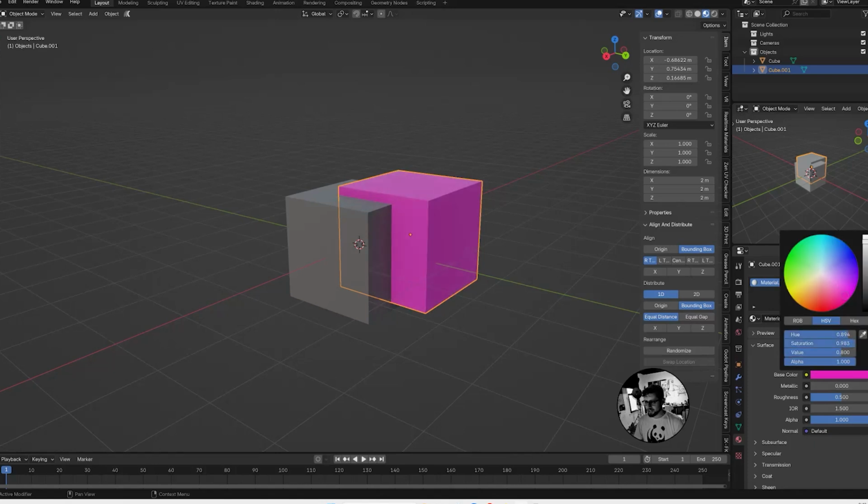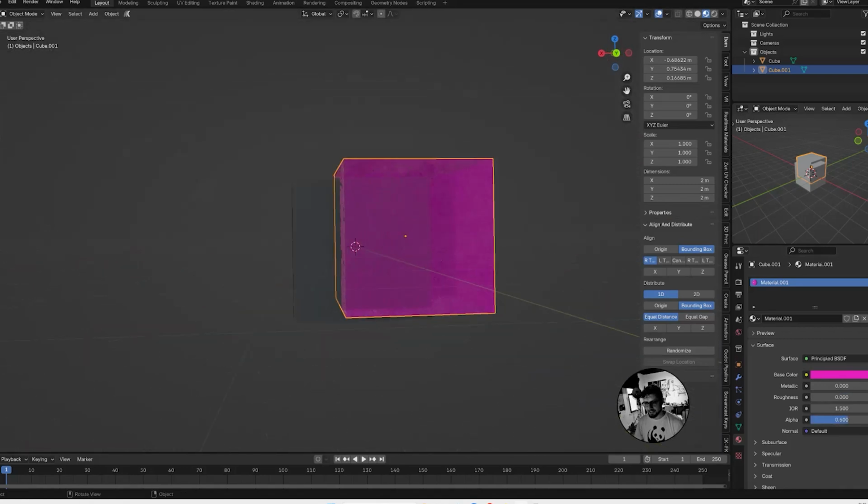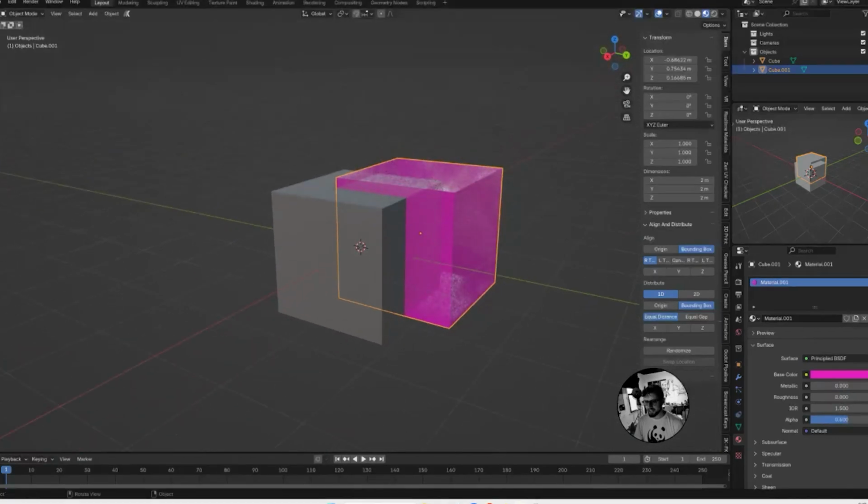and this one we'll just kind of make it pink, and to make it a little more crystally, we'll take the roughness and turn it to 0 so it's shiny, and then we're going to take the alpha number here and just change it to, I don't know, 0.6, so it's kind of mostly transparent. You can see the other thing through it, and you can see it's kind of weird and grainy right now,